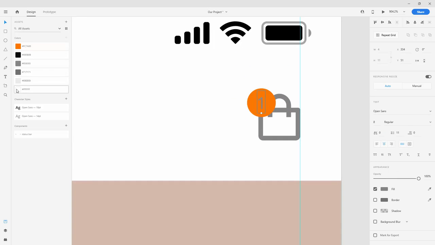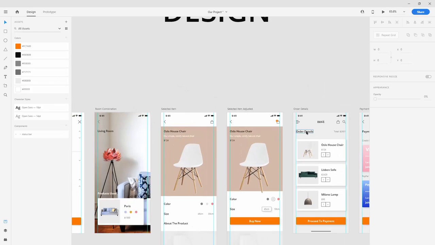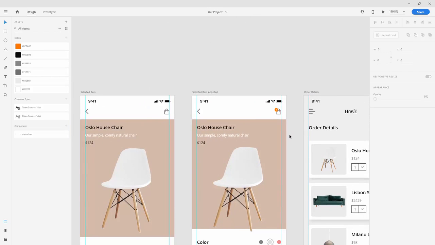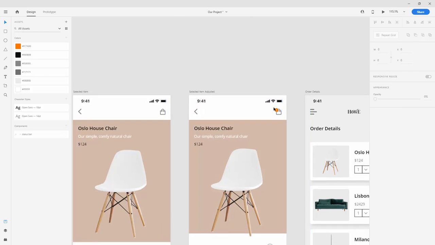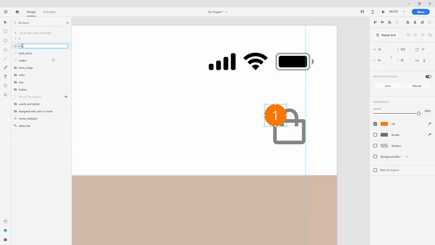Just use the white for the number, and I think it looks good. It's readable and people can read it easily and see what's inside. So what we want to do now is jump back to our layers panel, double click right here, type in circle, choose 1, choose circle, go to the orders and select it as well, Control G, and maybe you want to name it cart icon,